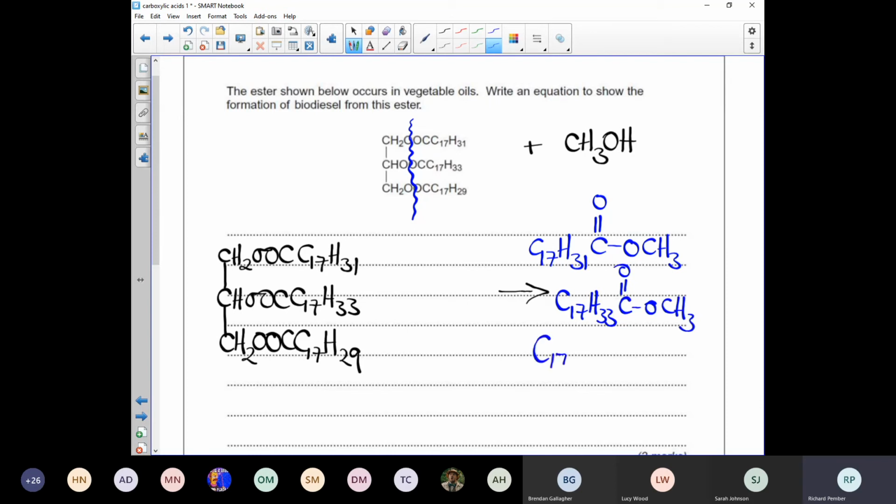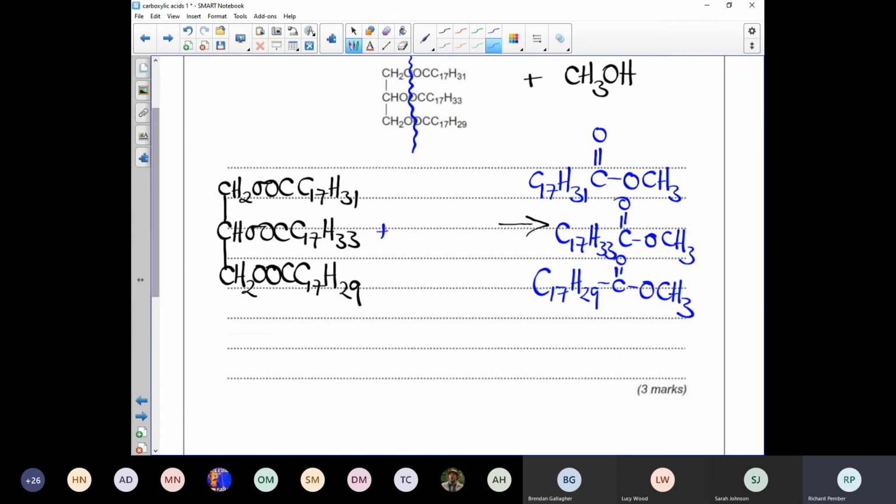And then we've got it again with C17H29. Just getting a little bit squashed there. So those are the 3 molecules of biodiesel. To do that, we would have needed the 3